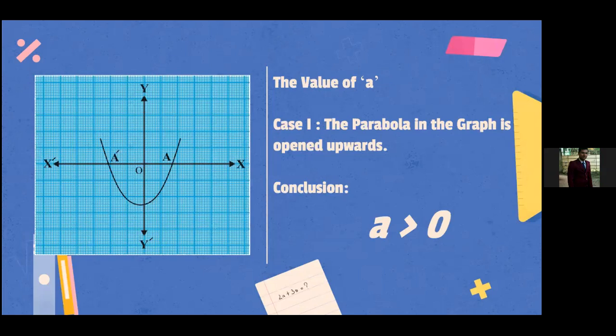We have taken here a graph of the polynomial and plotted its zeros. We get a parabola which opens upwards. This information is purely based on experiments. You can try this at home by taking two polynomials and plotting their graphs, and you can always see that if the graph opens upwards, the value of a in ax squared plus bx plus c is greater than 0, or we get the value of a as positive.